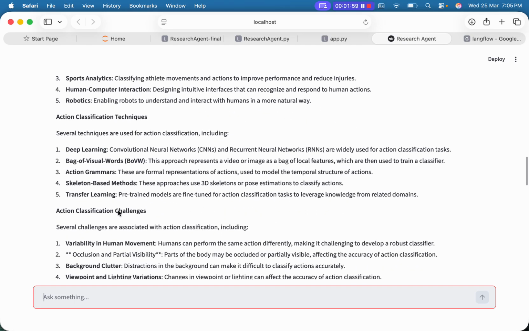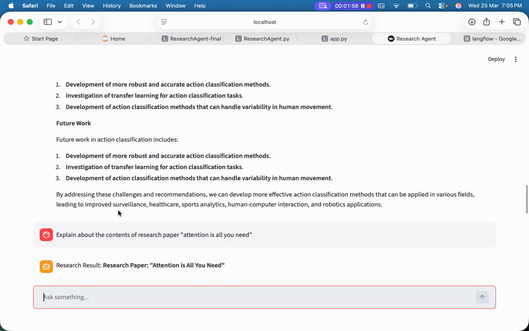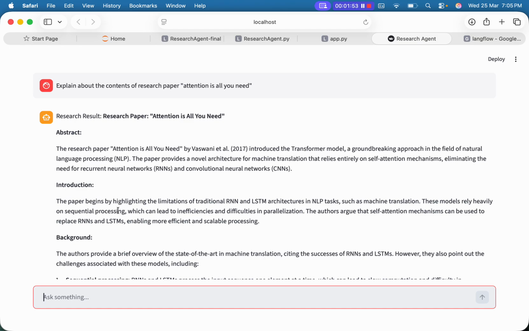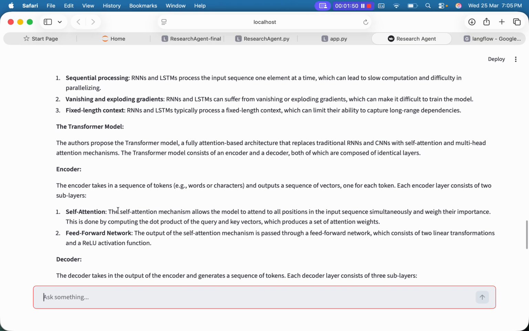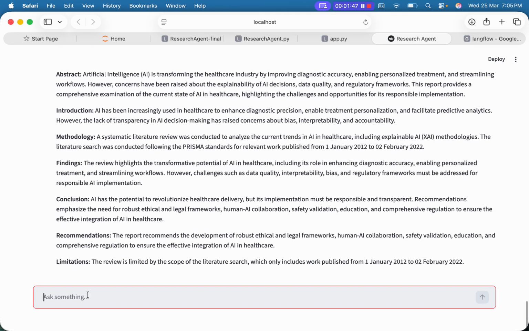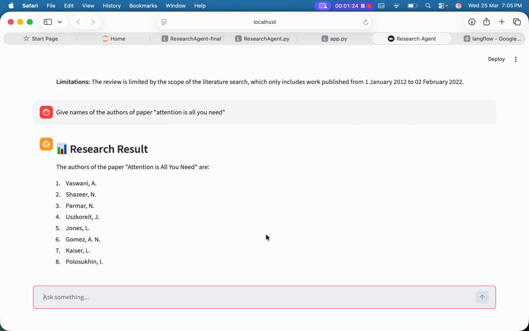Also ask on different things, and you can also ask it to fetch research papers, so it gives information about it also. Now I will ask for some specific information, like give names of. So it gives the answer. So these are the authors of the paper